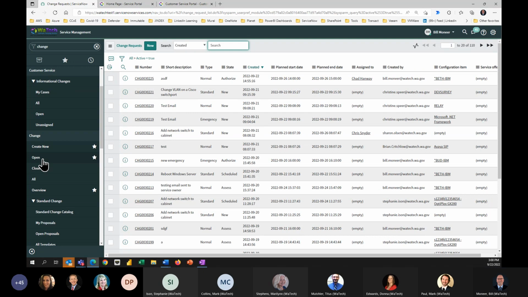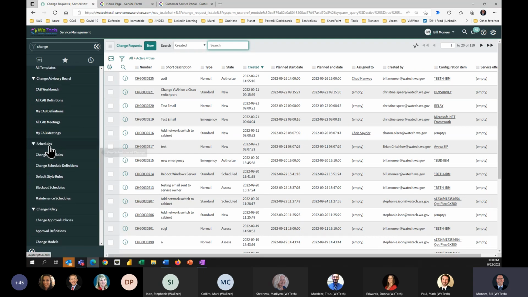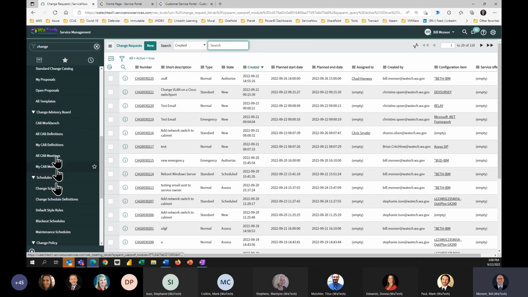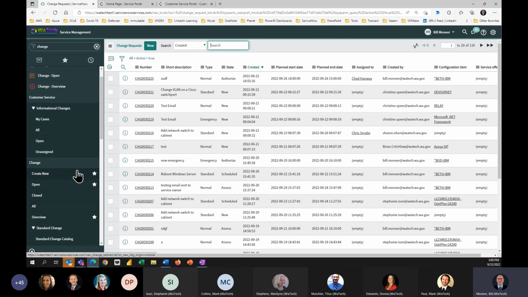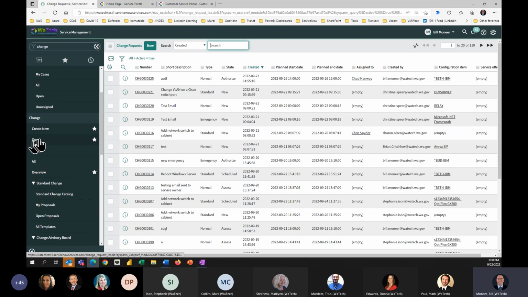So there is a workbench. Where is it? A CAB workbench that is out of the box from ServiceNow. We're not going to use that right away. The dev and test environments had some test data in there, so I want a clean environment, and then I will build out the CAB workbench, excuse me. So for after we go live, what we're going to do is come into change and open, and the CAB will